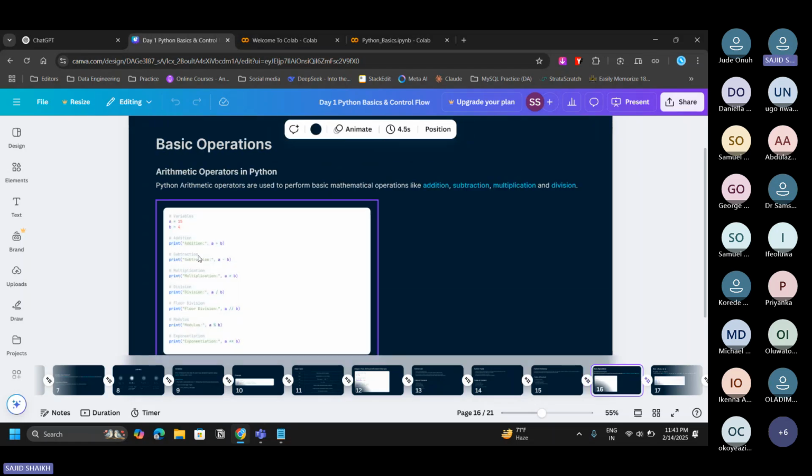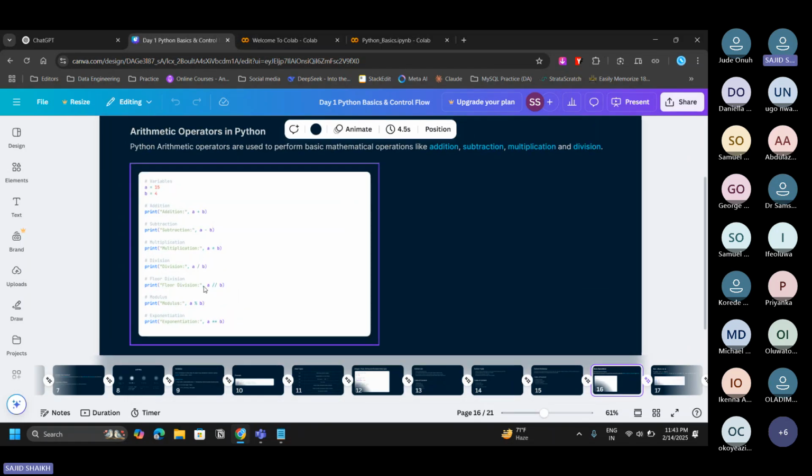And here are the basic operations we saw. This is floor division. Yeah, it is floor division. It is modulus, and it is exponentiation. It means, in this example, 15 to the power of 4. Okay, the meaning of this. So it is like,